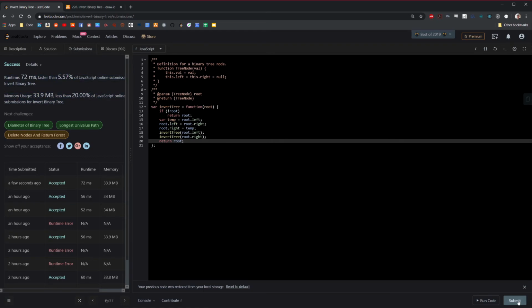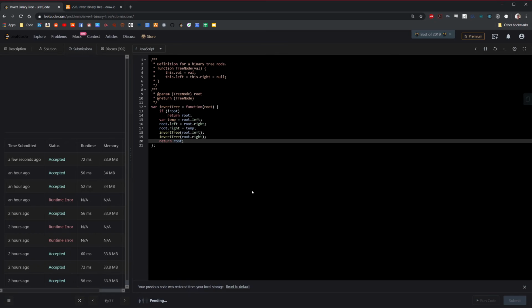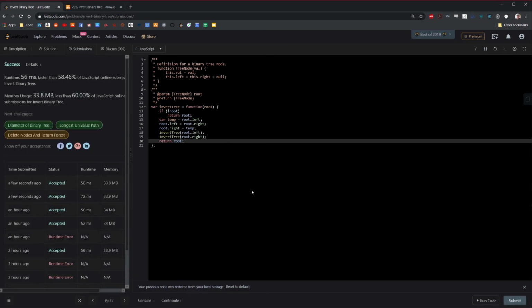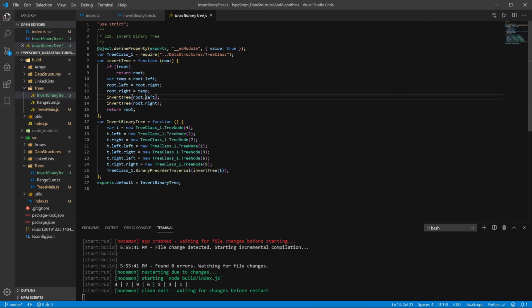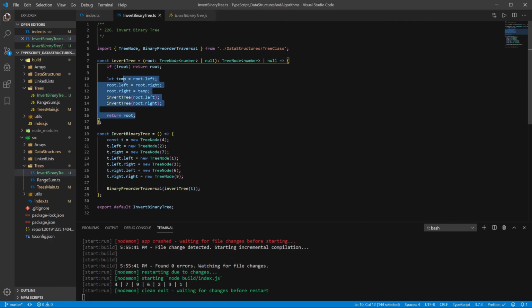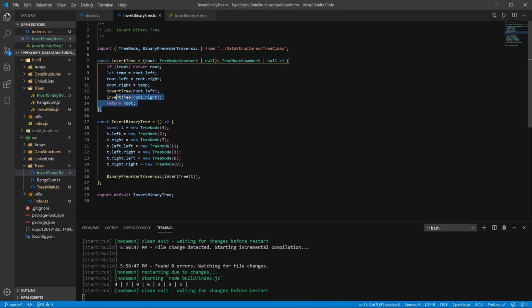So let me try submitting again. Sometimes the speed isn't very reliable, and now it's up to 58. I saw it at 80% at some point, but you know what? Let's just ignore that. So yeah, that's the algorithm. You can actually adjust this some more and optimize it, but this is a very straightforward approach and very easy to understand. I'm sure there are better ones and more optimal ones, but